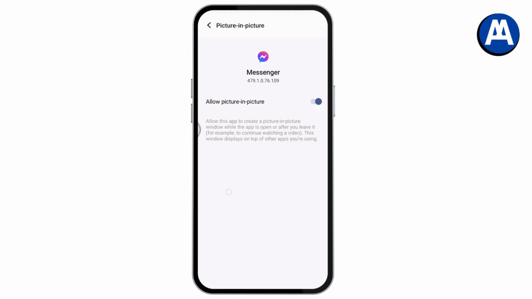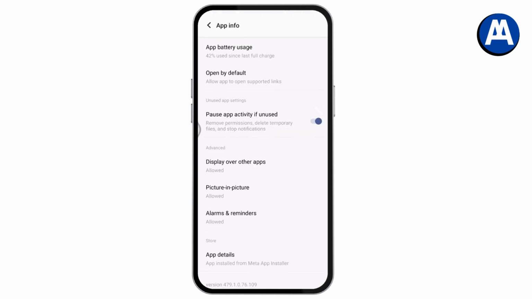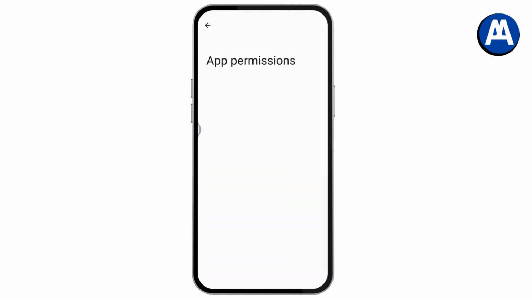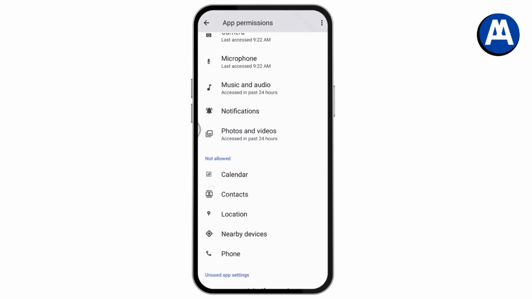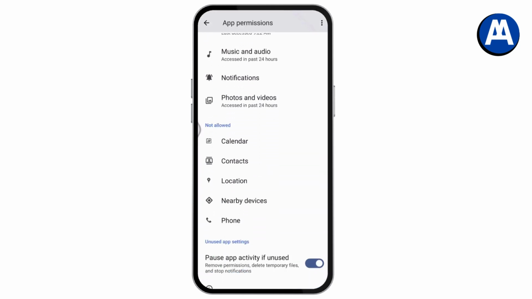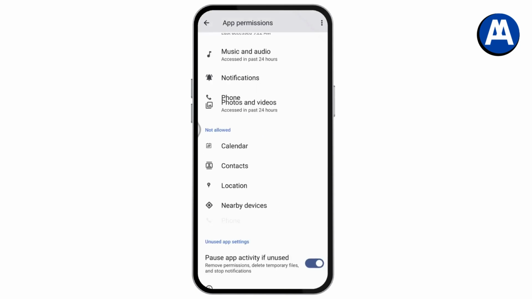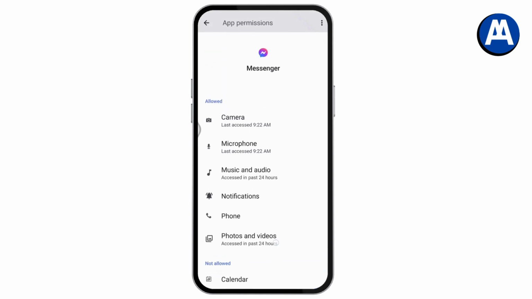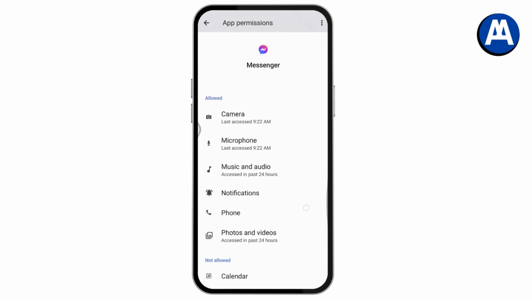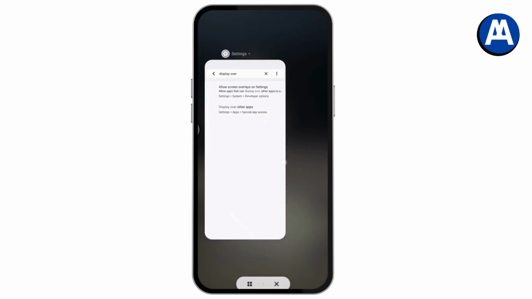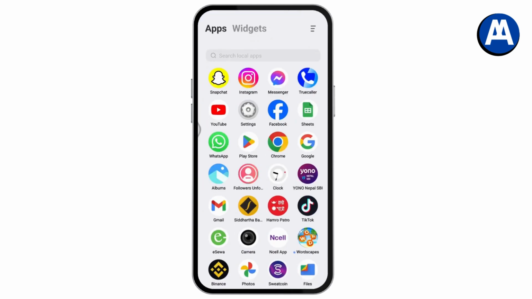Once you allow that, now you need to go back and you need to go with permissions. Under permissions, make sure that you've allowed all of the permissions that you need. Go with phone and allow the phone permission, phone, photos, microphone, camera, and everything. Once you've allowed everything, now you can do the video call and you will have the floating video call on your